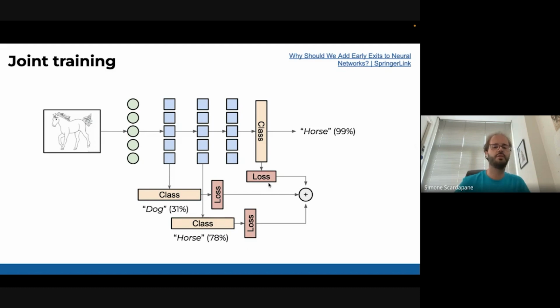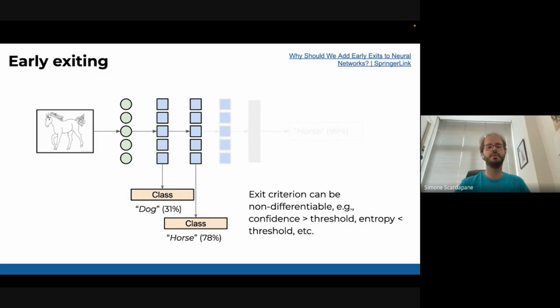So you have one loss for each classifier, you sum all of these losses, you don't consider early exits. So those are 3 completely different classifiers. They are each trained to maximize their predictions. And then during inference, you do an early exit based on some, let's say, user-defined criteria. So for example, you can put a threshold over the confidence. You say, okay, I exit anytime the confidence is higher than 75%. So this is a non-differentiable criterion, but it's already pretty good.